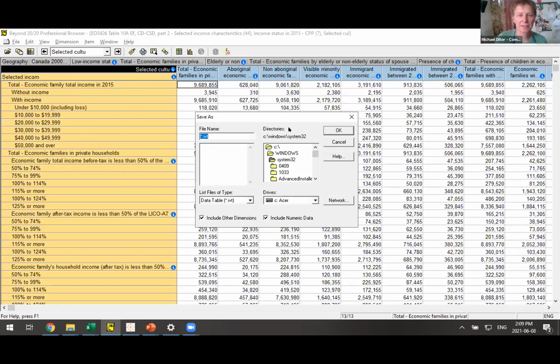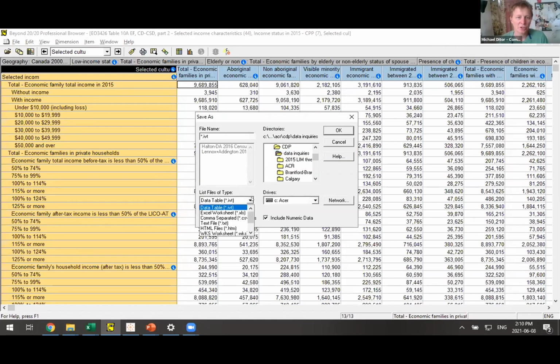It's worth noting while you're playing with this that the default directory that it wants to save in is some obscure Windows directory. So I just go to the very top of the list, and for me, that's the C drive, and just start scrolling down for something that you recognize. For me, it's users, and there's my name, Michael Dieter, and I go to documents. For you, maybe you have a shared drive at work, but just go up as high as you can and then drill down to where you want to save it. So if we just save everything in data inquiries,